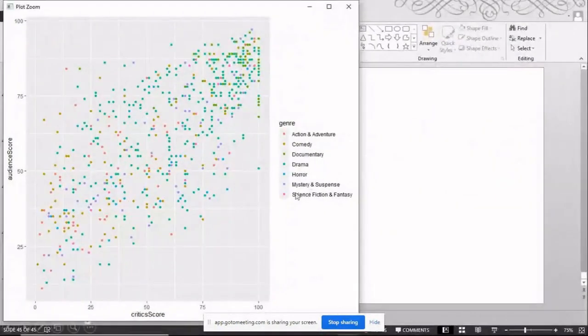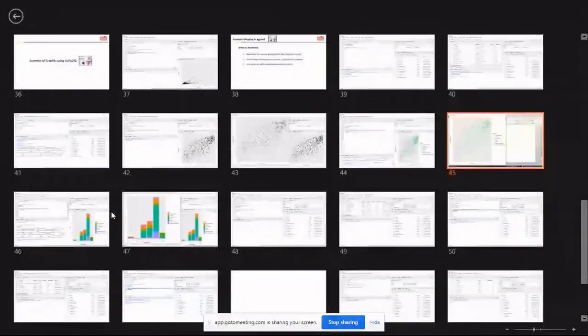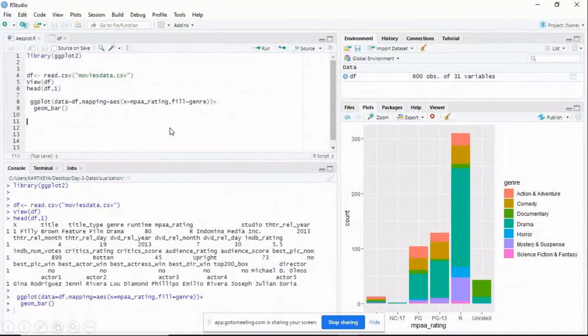I'm zooming in so I can see here. Similarly, we can also draw a bar chart using ggplot2. Same thing, but a bar chart means not points, we are using bars. I need to give color to that particular value. In this case, the data we are using to plot the bar graph is mpaa_rating. Instead of critic score we have taken mpaa_rating.